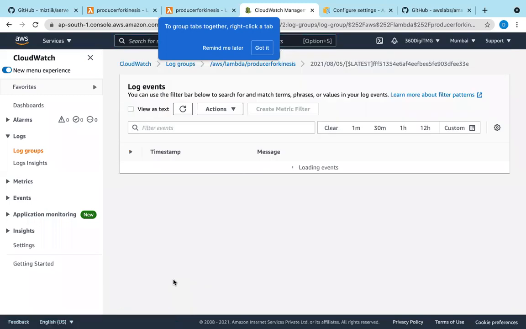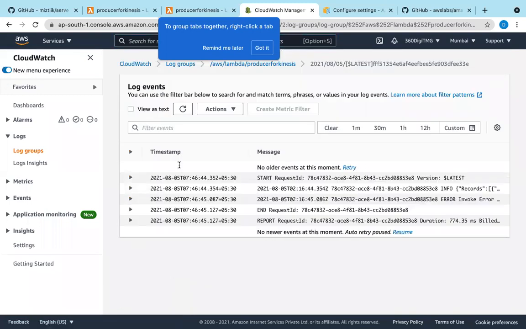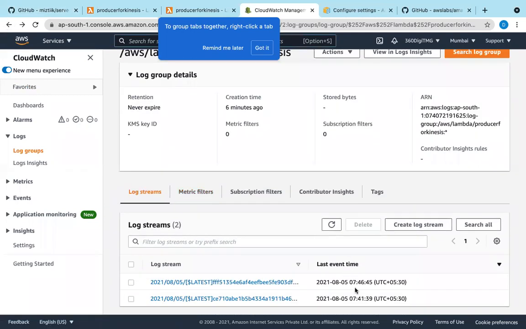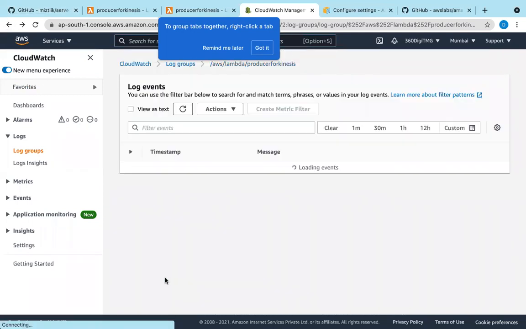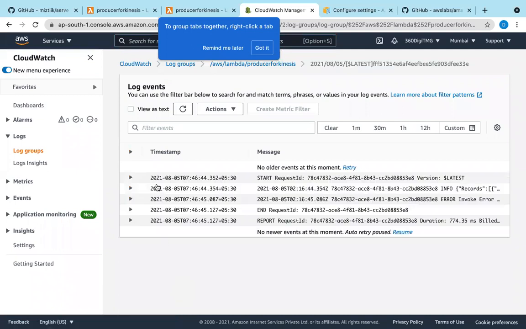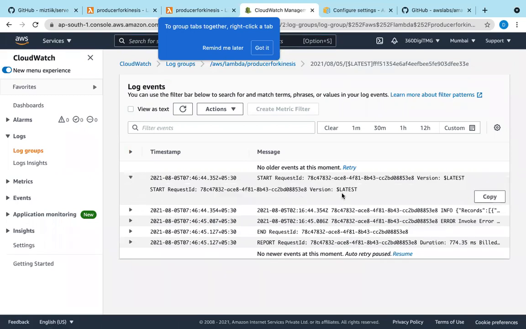Okay, a log has been generated, a new one. No older events at this moment, no newer events at this moment. This is the latest event, so let's go here and look here.